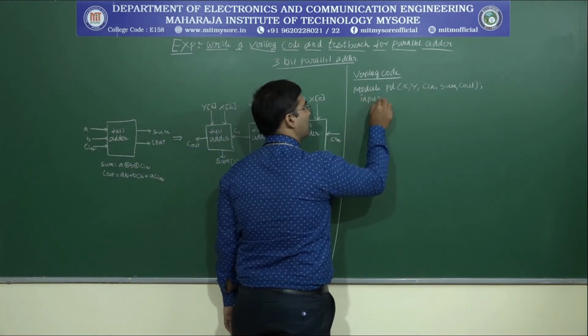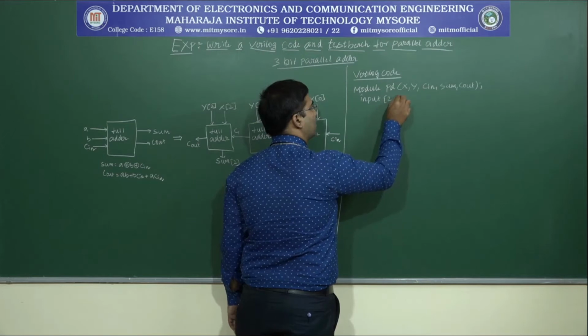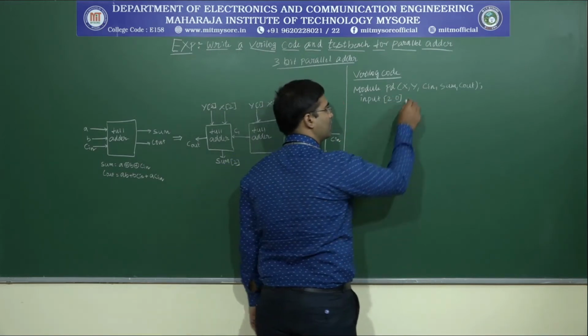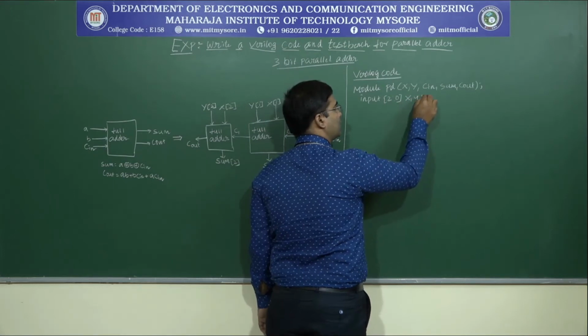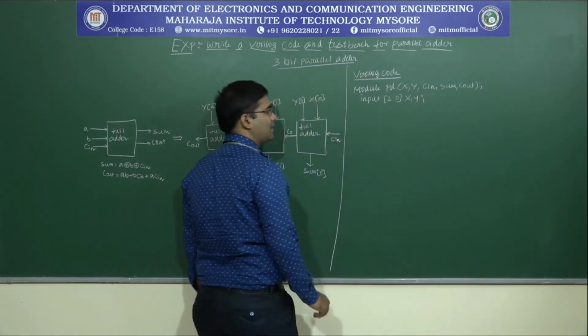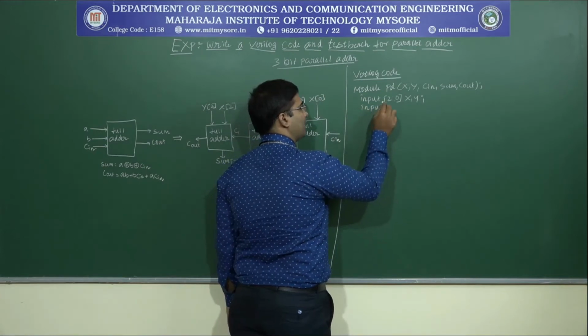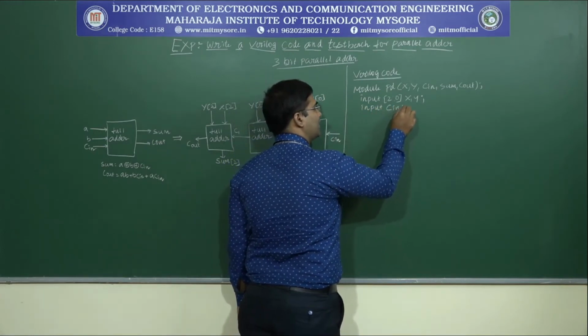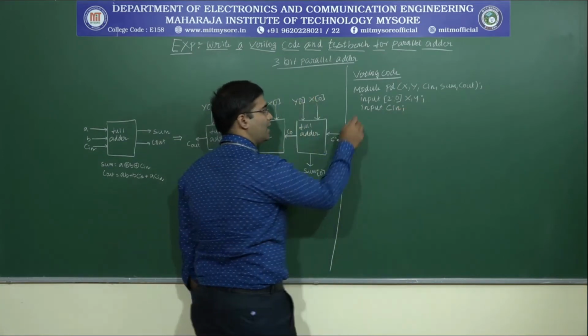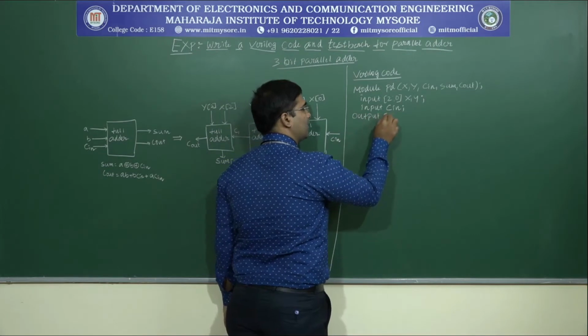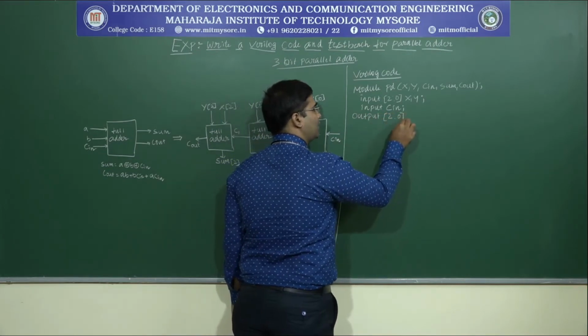Input [2:0], that is 0, 1, 2 with respect to the variables X and Y, and also we do have the input which is Cn, which is a single bit, and